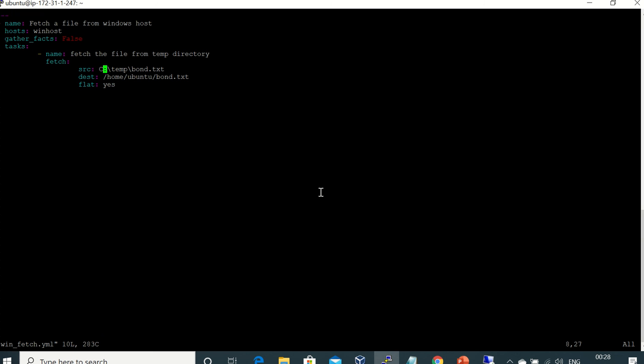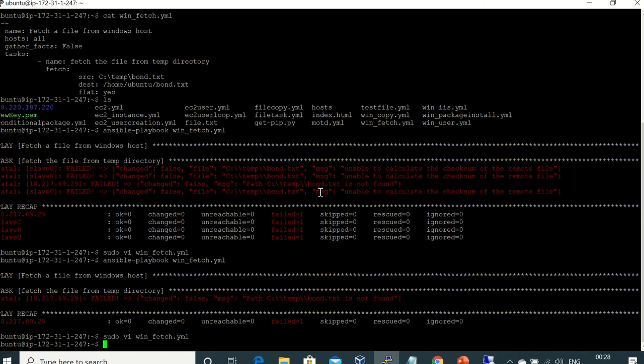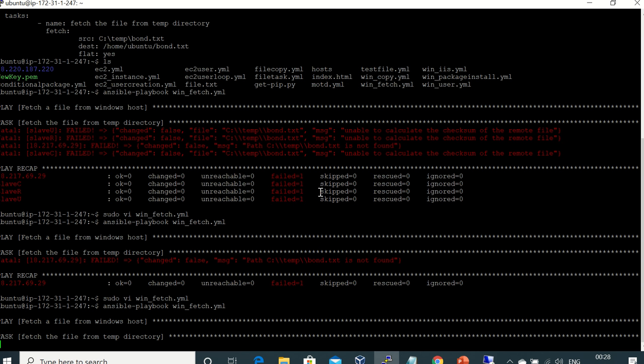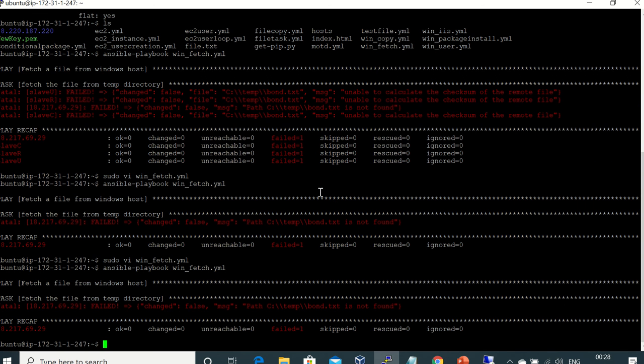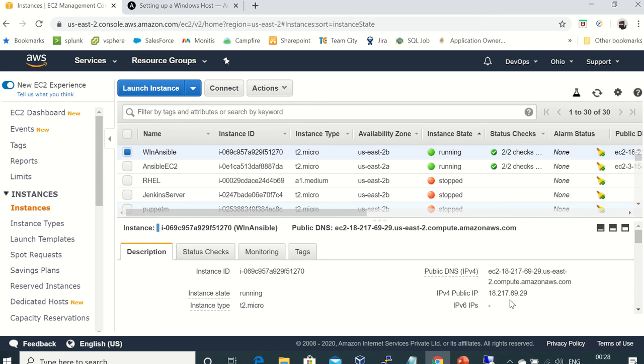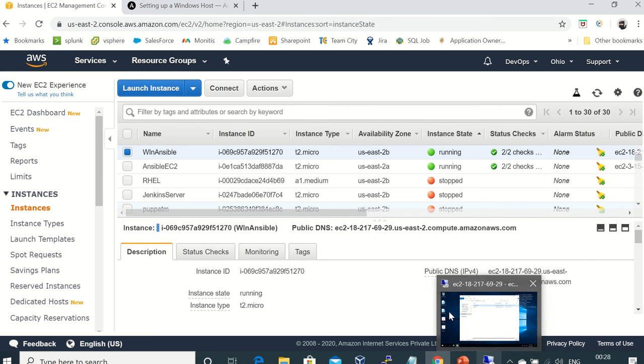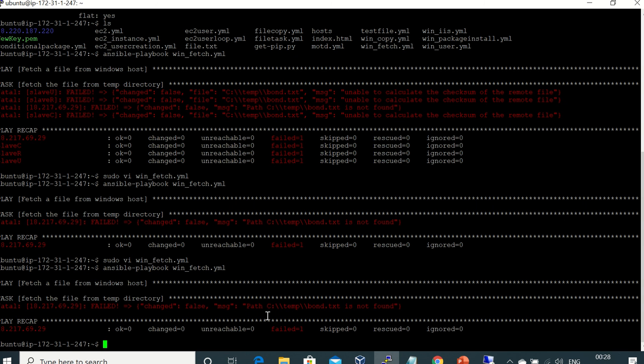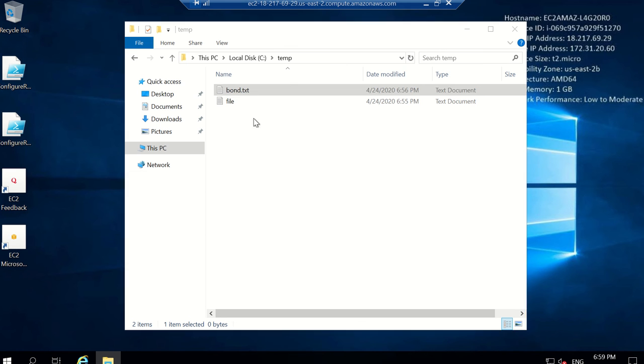I have to mention the Windows path, bond dot text. Okay, now I get where the error is.